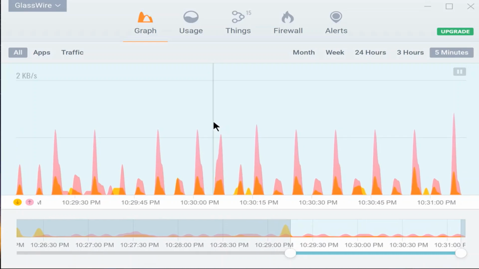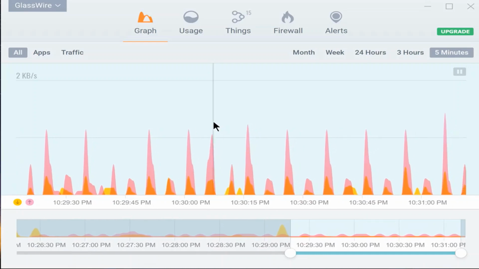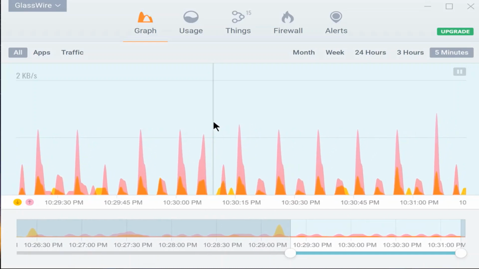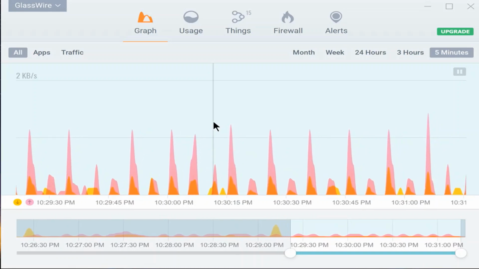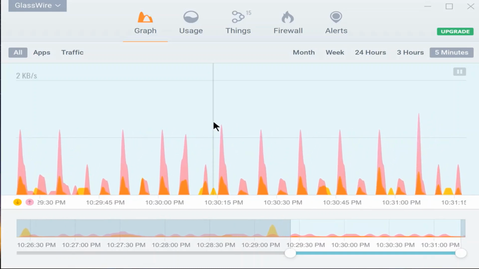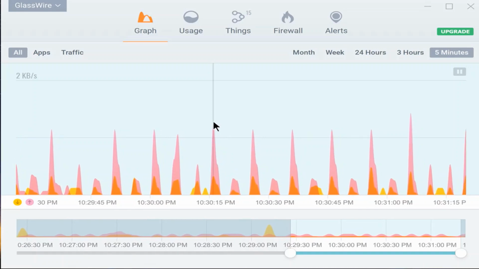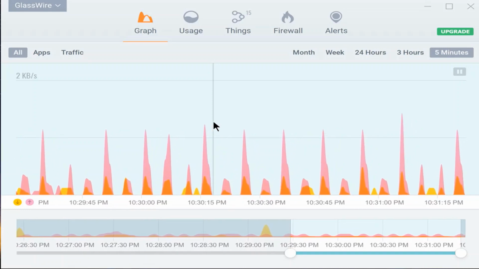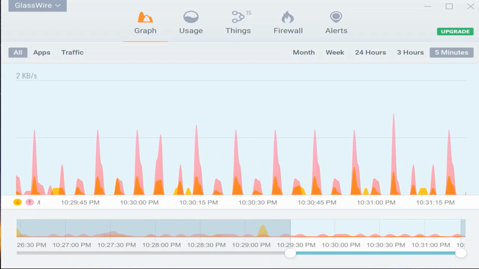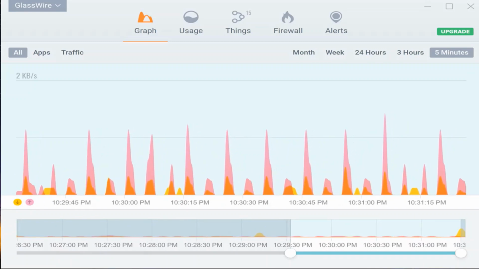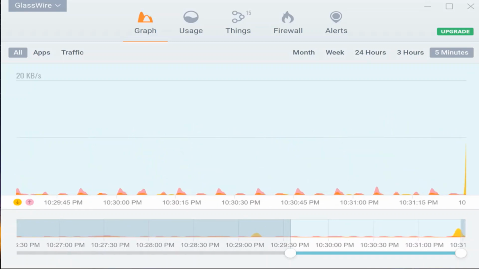Once you know what's going on, ooh, something just happened. Interesting. Yeah. So once you know what's going on with your network, you're gonna want to make some changes if changes are needed. So next up here, we're gonna take a look at, I think, the next most interesting one for me, which is